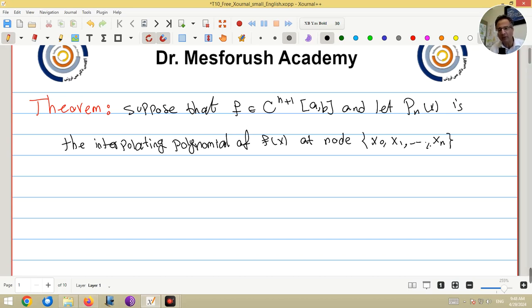In fact, the number of nodal points is n+1, and all of these nodes are in the interval [a, b]. Then